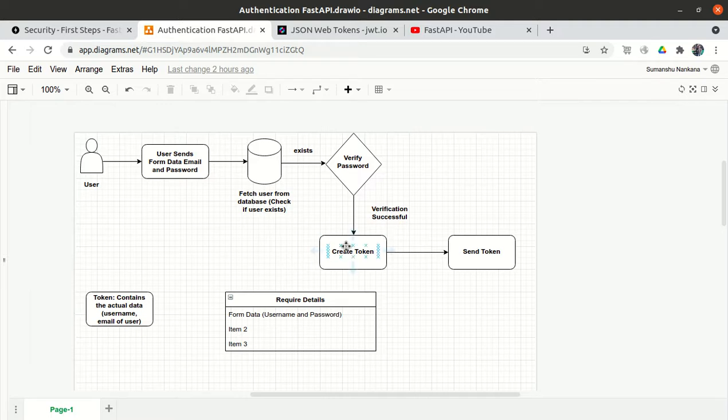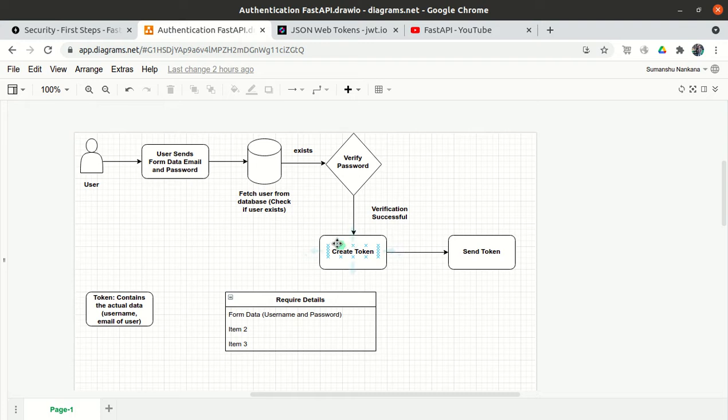So what useful information will it hold? What information did we enter? We have entered email and password, right? So it will hold this information only. By using this information only, the token gets created. So the token basically contains the actual data that the user has entered, because only after the user has entered the data does the token get created.